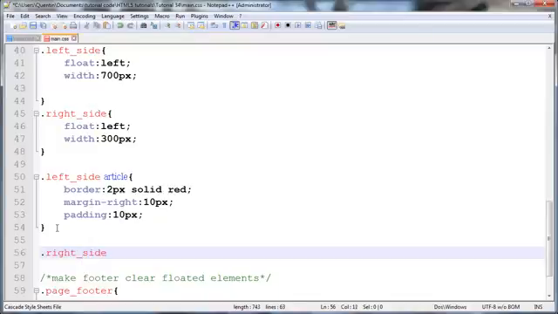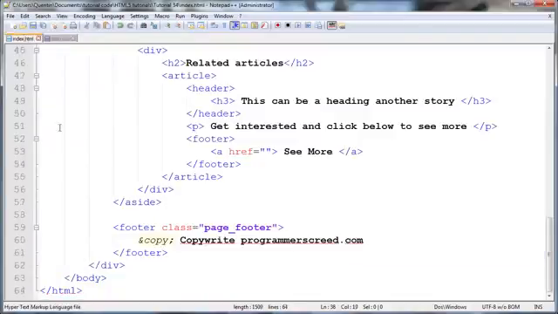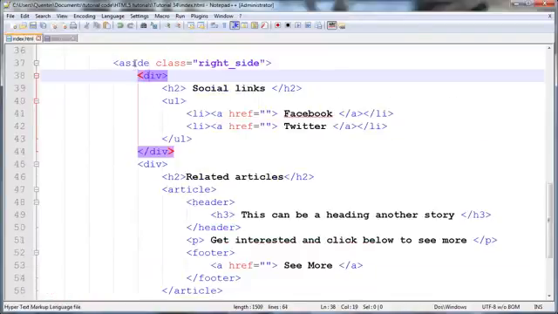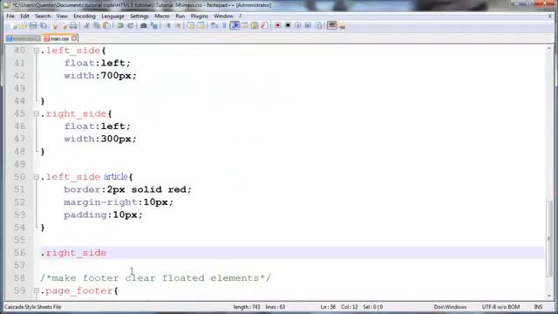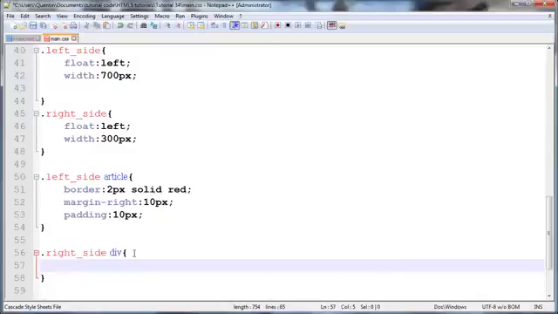underscore side, and over here you can see that the inner elements of our aside tag are actually div tags. So we can say all div tags that are children of the right side. What do we want to do with those? Let's give those a border of 2 pixels, solid blue,